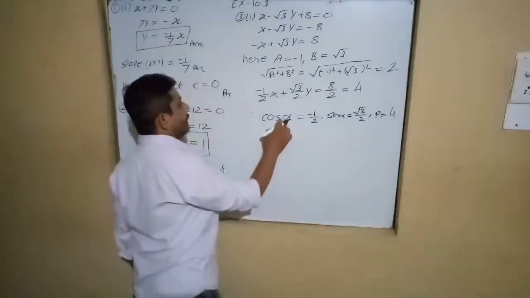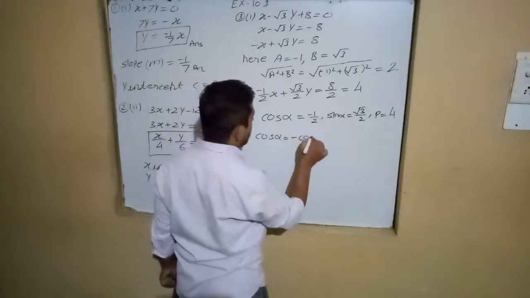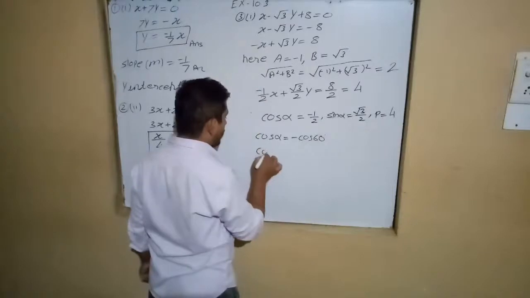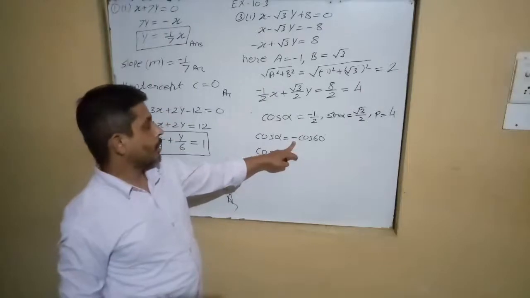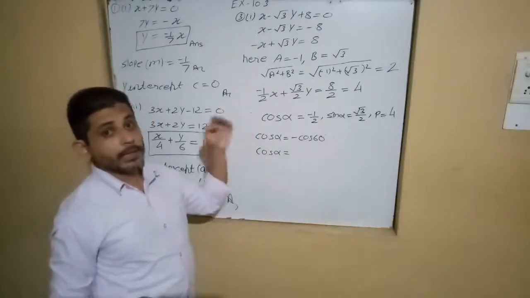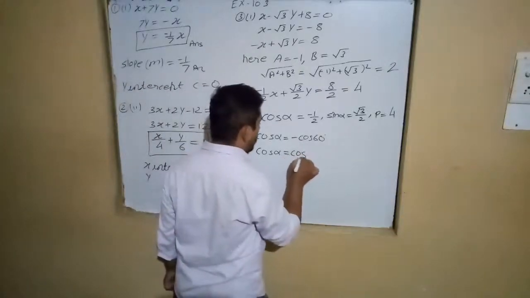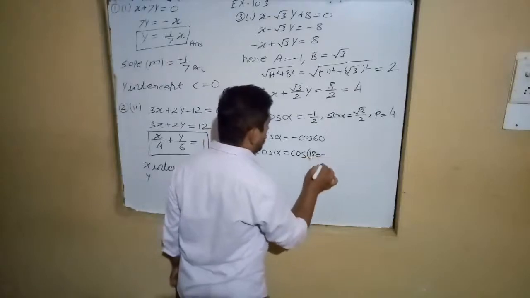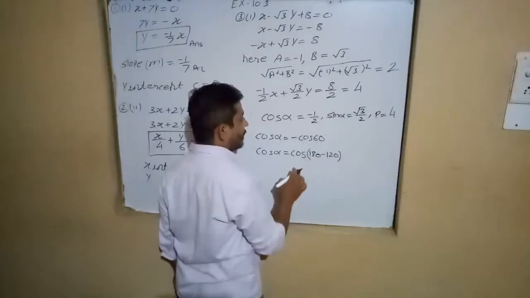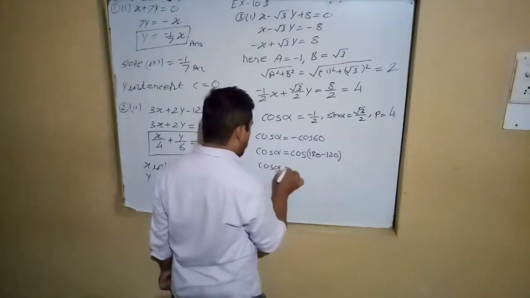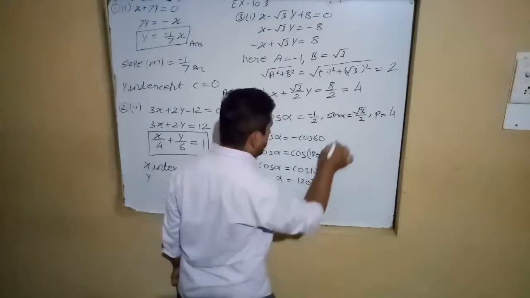Now we find out the value of alpha here. Cos alpha is equal to minus 1 by 2, means cos 60 degree. So now here we have to remove this minus sign. Cos value is negative in the second and third quadrant. So first we talk about the second quadrant. In the second quadrant we can write 180 minus theta, where theta means 60. So 180 minus 60 becomes 120 degree. So cos alpha is equal to cos 120 degree, so alpha is equal to 120 degree.